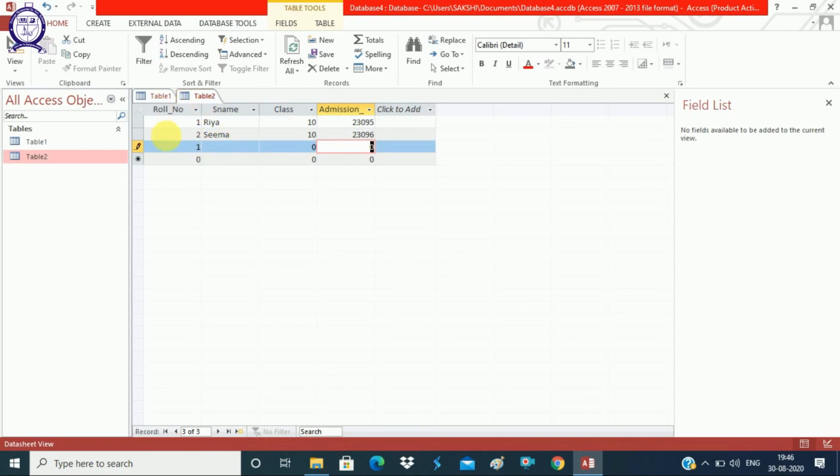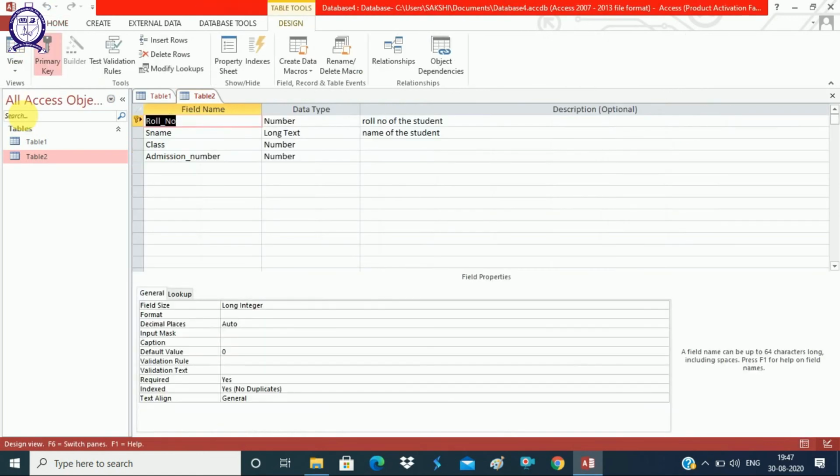Okay. So any other column can be set as a primary key, but at one point of time in one table, only one field can be taken as a primary key. Clear? Now if we want to remove the key as a primary key, so we'll again go to the design view, and first of all we have to make the changes here. So we need to give some other number here, and then we need to go to the design view. So clicking on the view, we went to the design view, and from here we want to remove this. So either we can just click here or right click and choose the primary key option again. That primary key column will be removed.